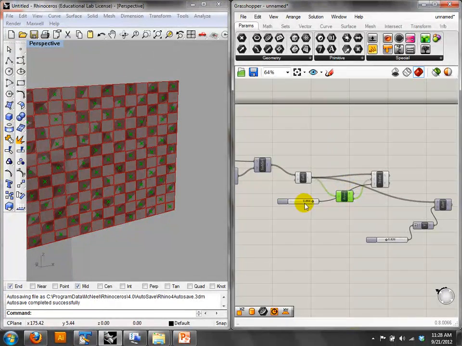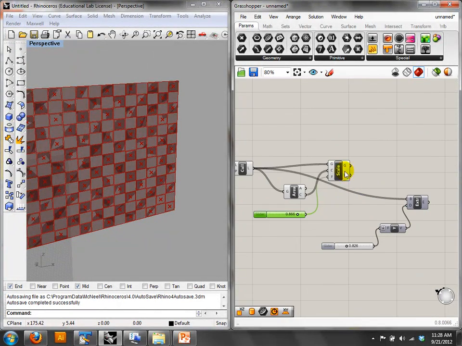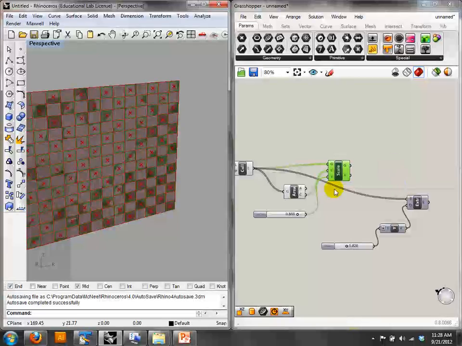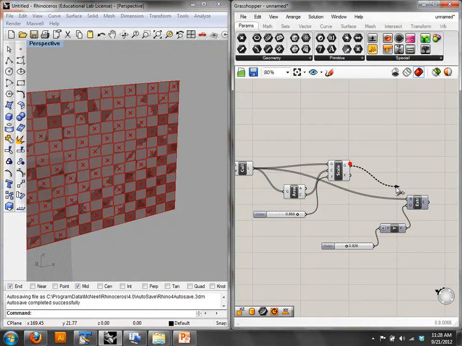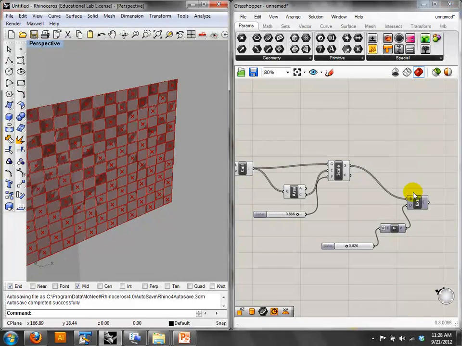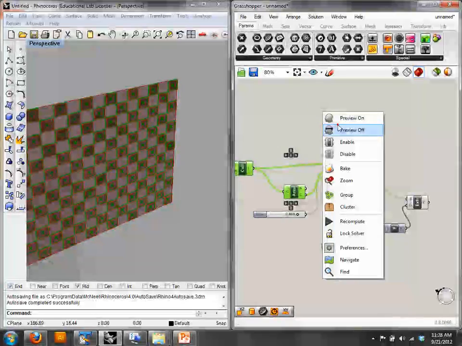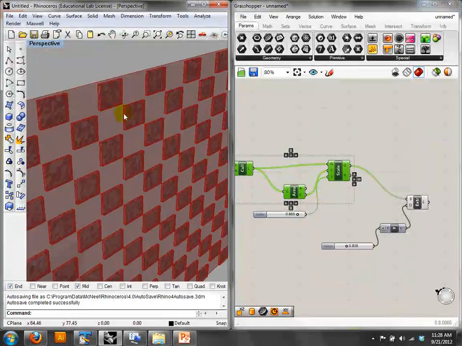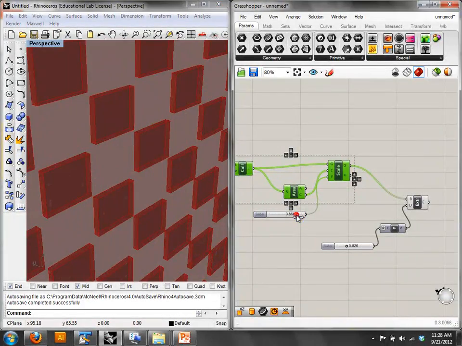Let's see here. Okay. So we've got our scale. And now these are the scaled ones. And instead of the original ones, I'm going to plug in the scaled ones. And then unhide my preview these. There. And now I've got the gaps in the panels, and the gaps are